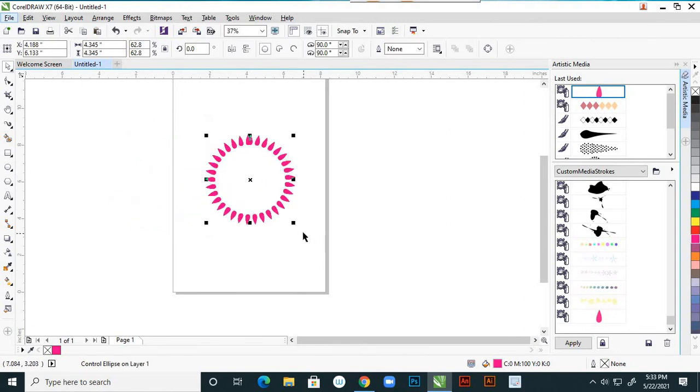And you can press Control C, or otherwise press plus on the keyboard, and reduce this size.